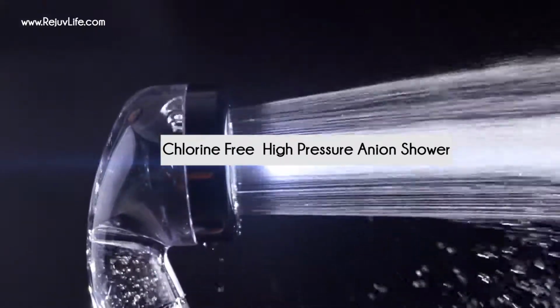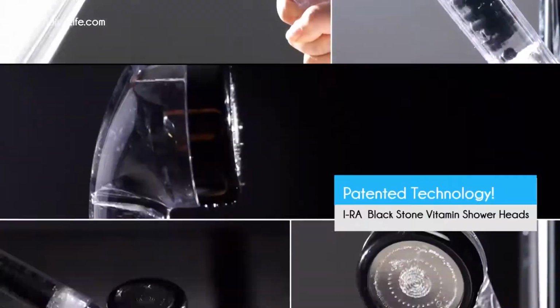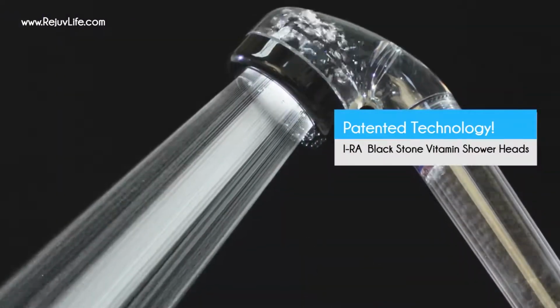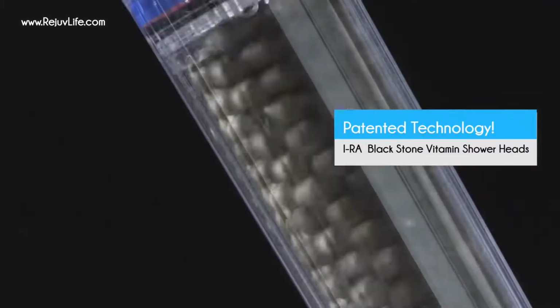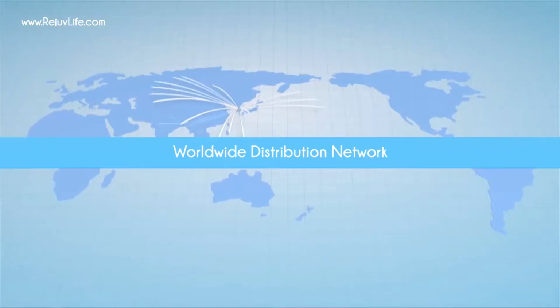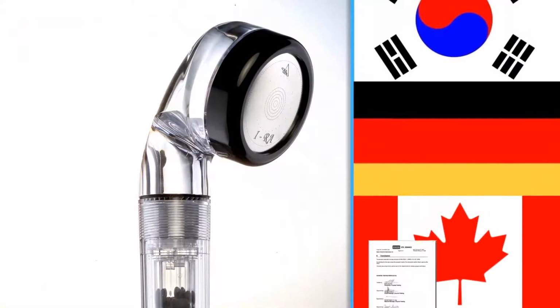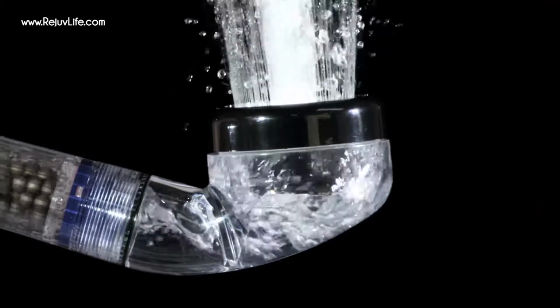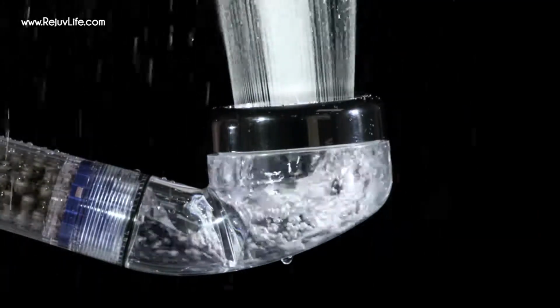Introducing the chlorine-free high-pressure anion showerhead, the IRA Blackstone. It is our own revolutionary innovation and patented showerhead for skin and hair well-being. We export worldwide. The IRA showerhead got a 2.0 GPM average flow rate from the water saving tests in Germany, Canada,